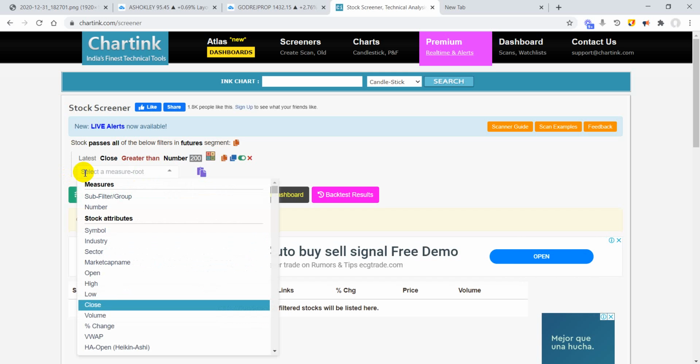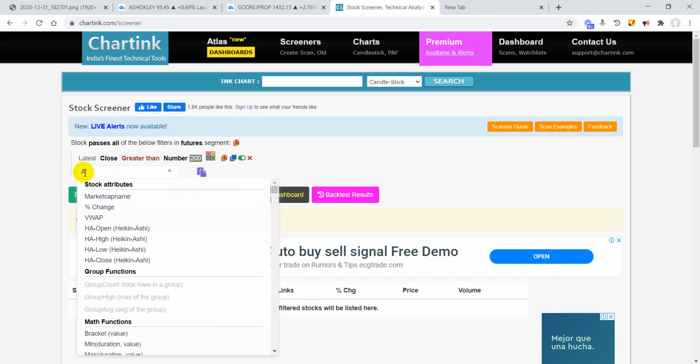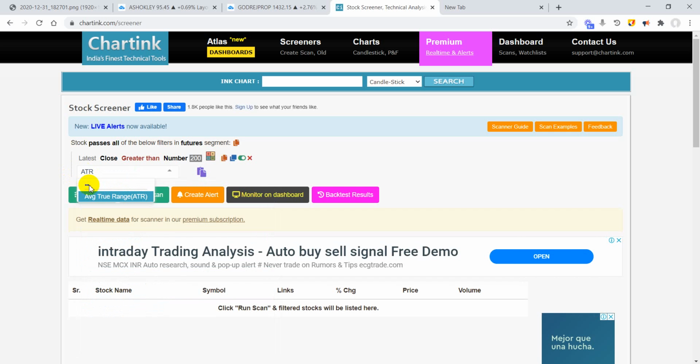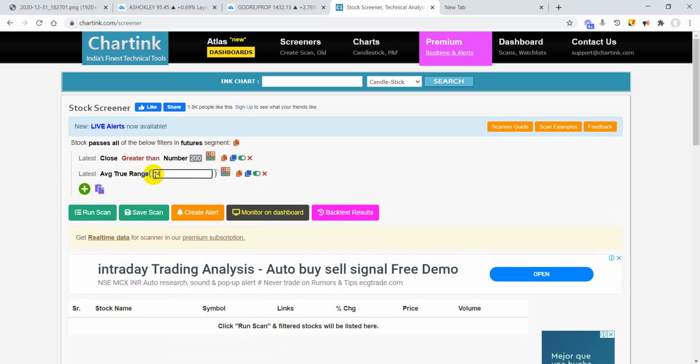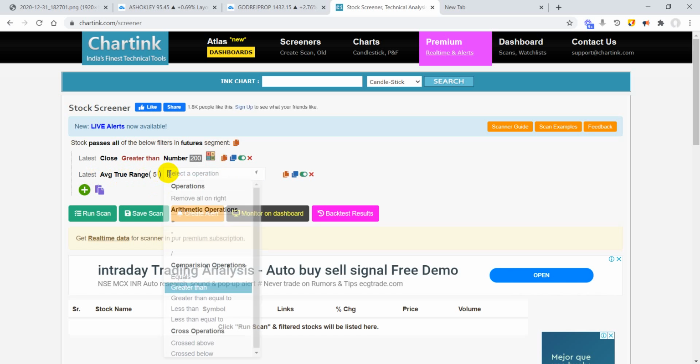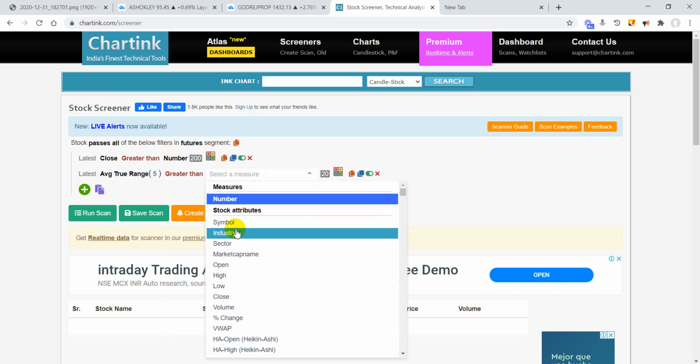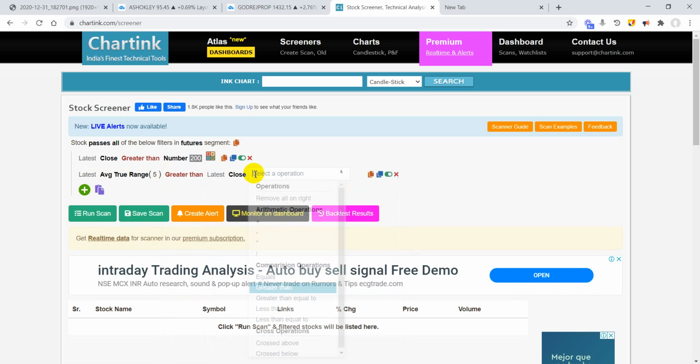So I'm going to use an indicator called ATR, that's average true range, and here by default you will be getting 14 days average true range. So I am going to cut it short to 5 days. Over the last 5 days I'm looking for a very specific characteristic: the average true range of that stock should be greater than the current market price